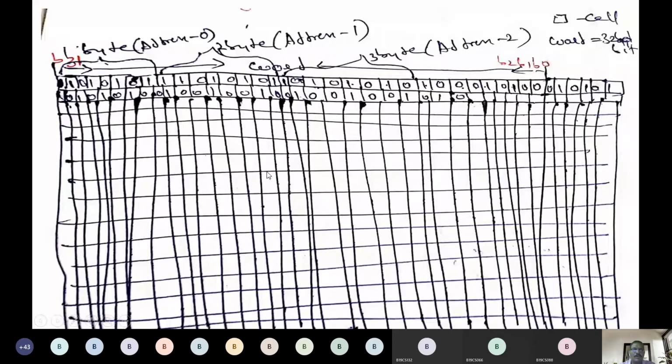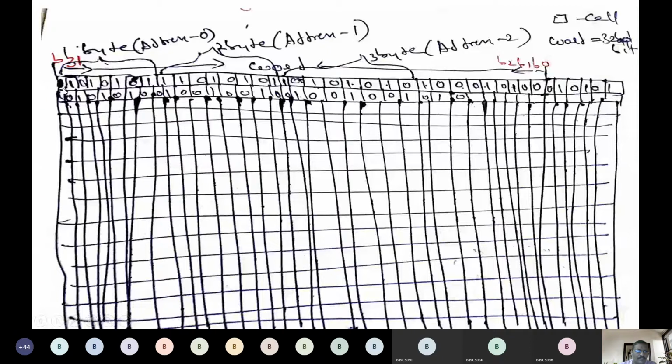So this entire main memory is split into square boxes, and each square box we call a cell. These are storage cells. Each square box is a storage cell where you can store a single bit of data. It can be a 0 or it can be 1. A single bit can be stored in a single cell. So that's why we have millions of cells in the main memory or primary memory.